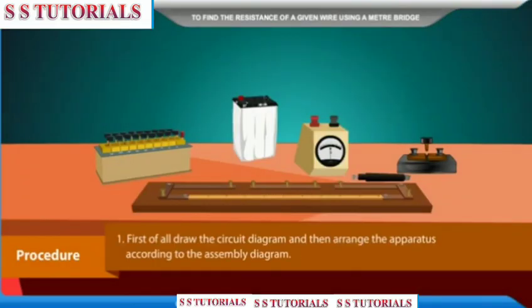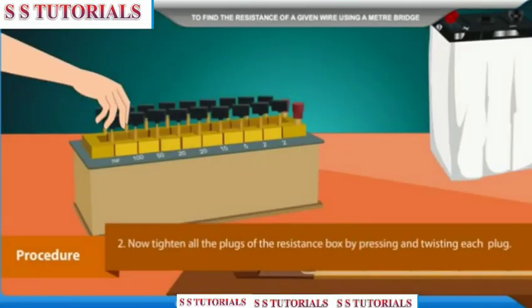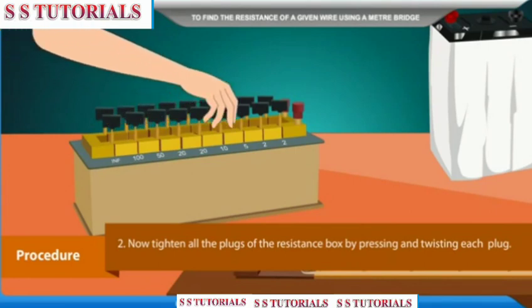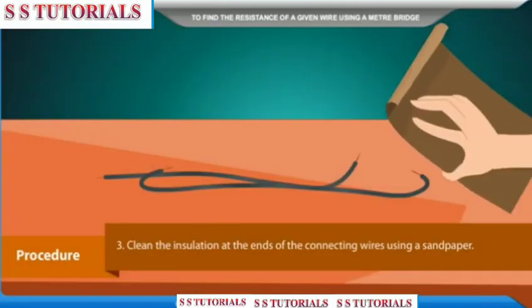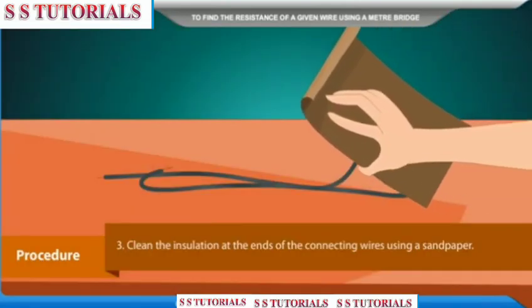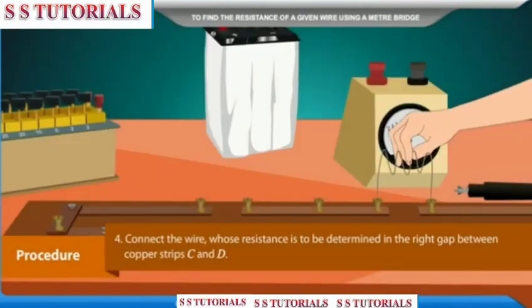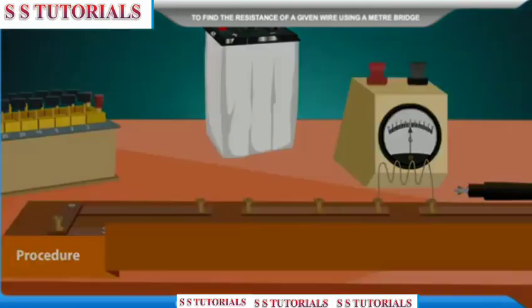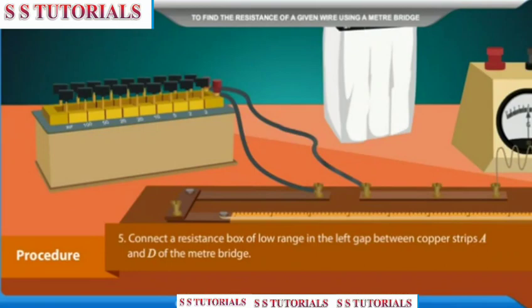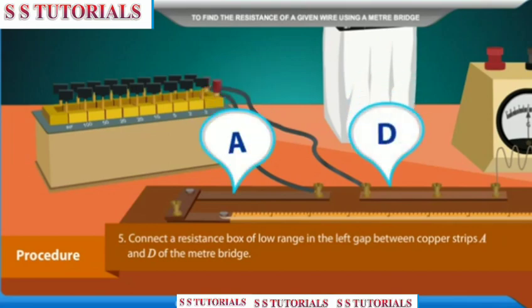Procedure: first of all, draw the circuit diagram and then arrange the apparatus according to the assembly diagram. Now tighten all the plugs of the resistance box by pressing and twisting each plug. Clean the insulation at the ends of the connecting wires using a sandpaper. Connect the wire whose resistance is to be determined in the right gap between copper strips C and D. Connect a resistance box of low range in the left gap between copper strips A and D of the meter